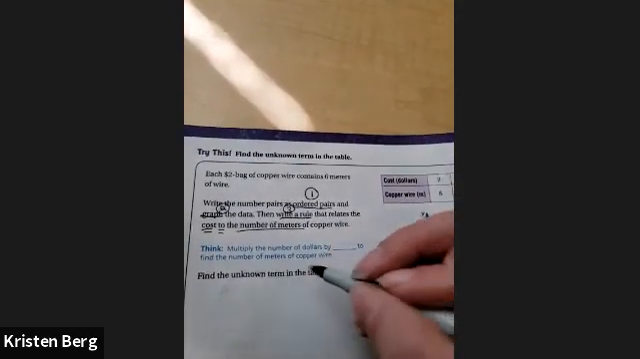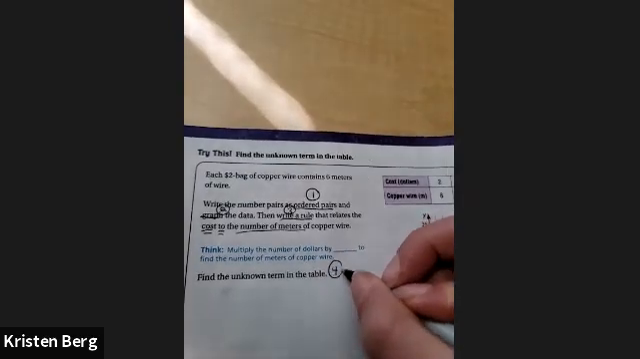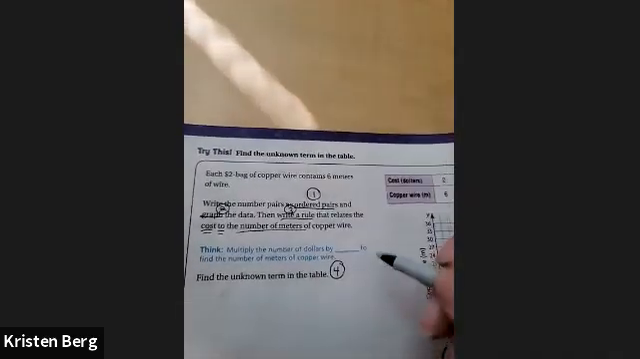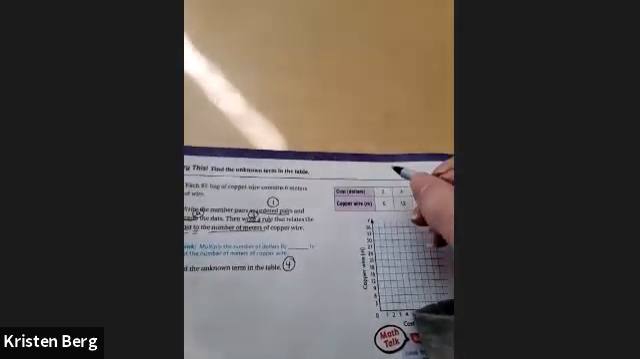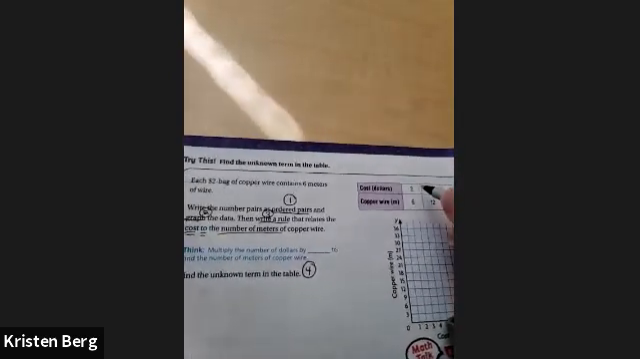Then once you do that, you're going to have to find the unknown term. So there are actually 4 different things that we need to do here. So let's go ahead and start. First, it says ordered pairs. Okay, so the ordered pairs here are